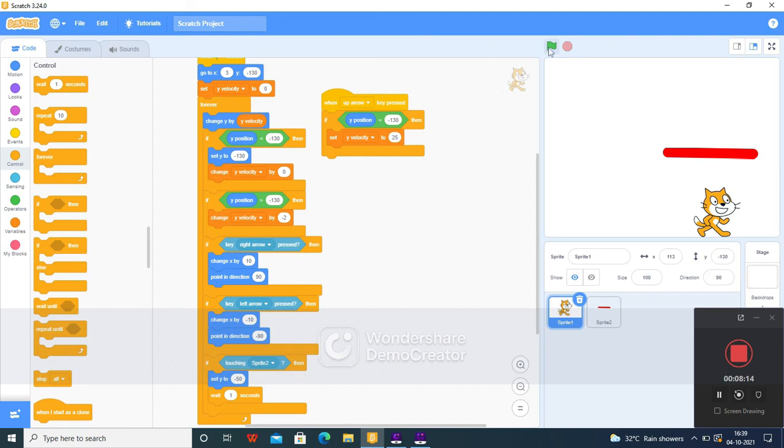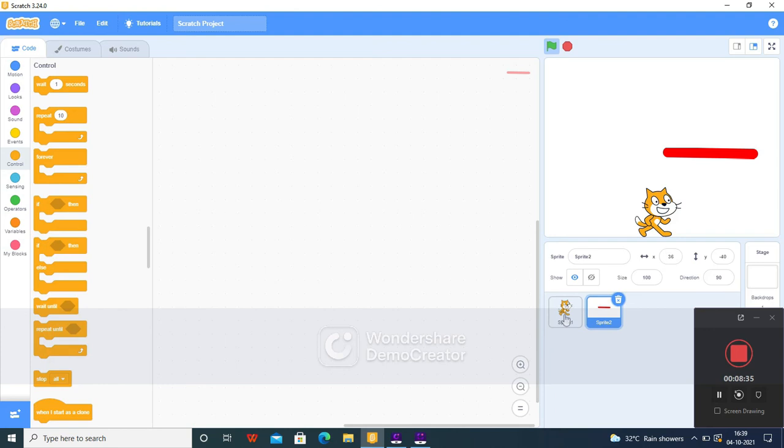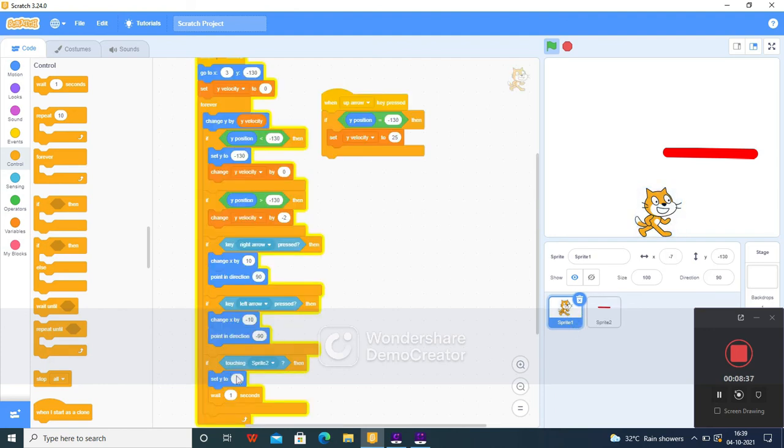Now let's see. This is -50, right? Because we want it on the top. Let's give it -100. No, I think it will be a positive value, right? Let's check that first. It's -40. Let's give -45 and just see where it stands.